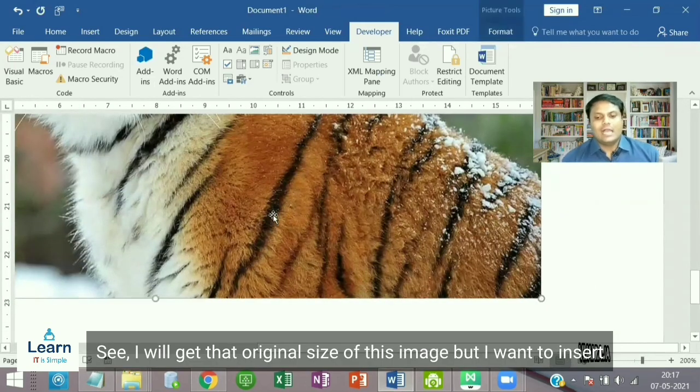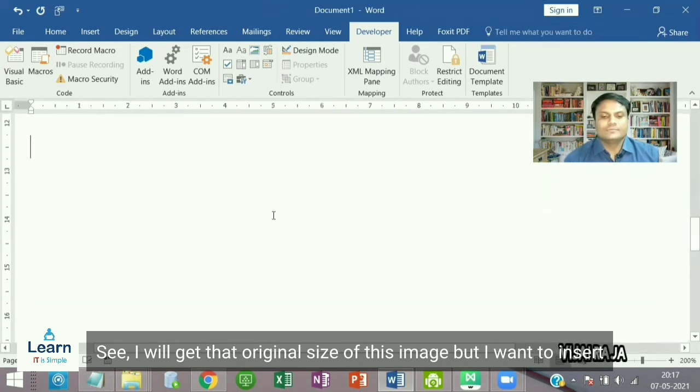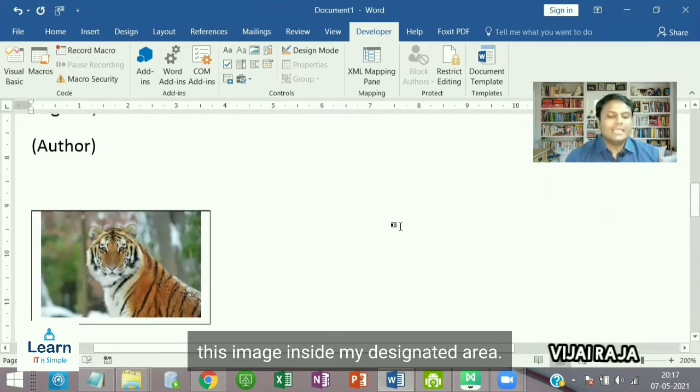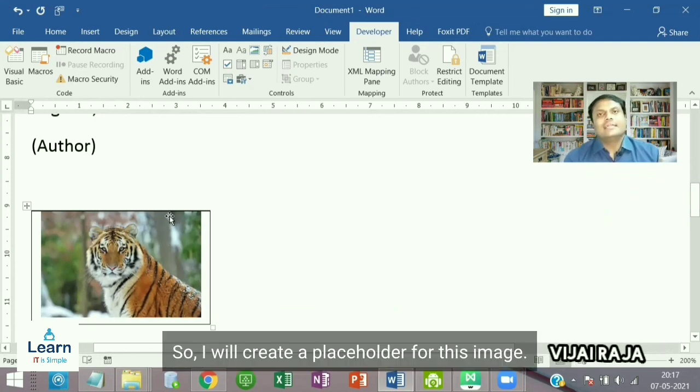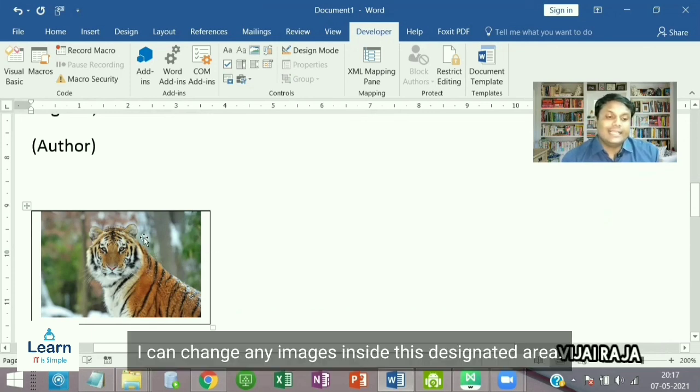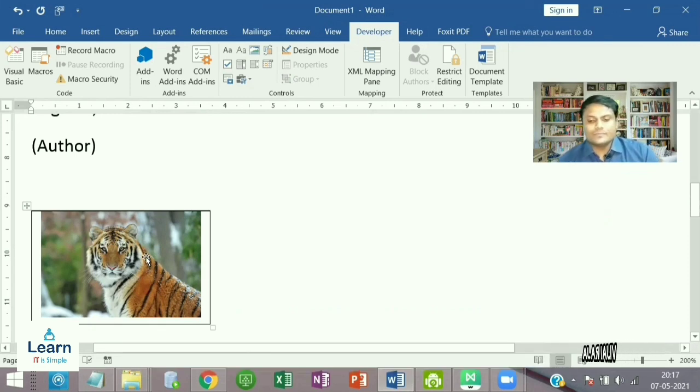See, I will get the original size of this image, but I want to insert this image inside my designated area. So I'll create a placeholder for this image. I can change any images inside this designated area.